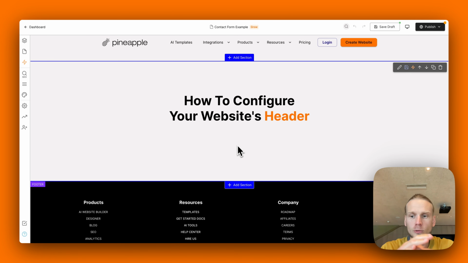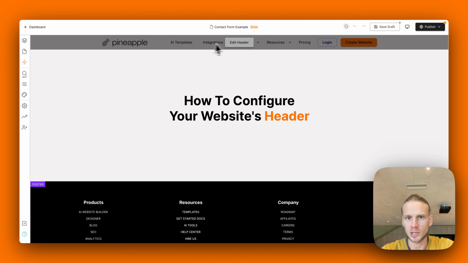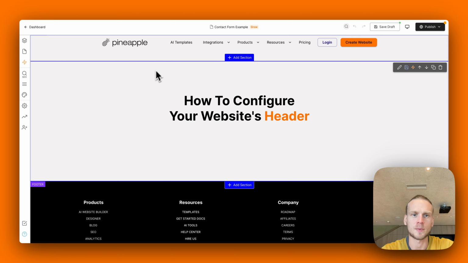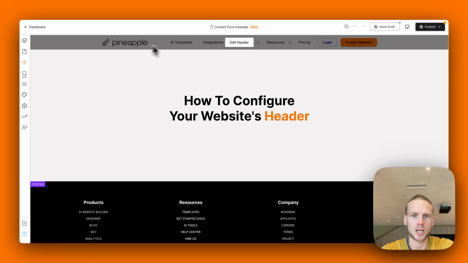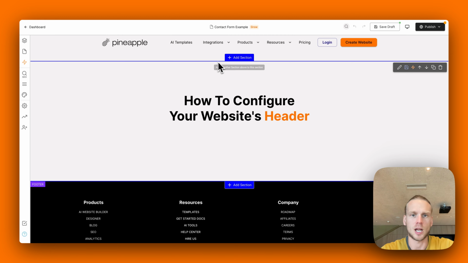Okay, so today I want to show you how to configure your website's header. So that's this top section here on your website. It appears on all your sub pages. So it's important to configure it and have all the necessary information, so it's easier for your customers to find